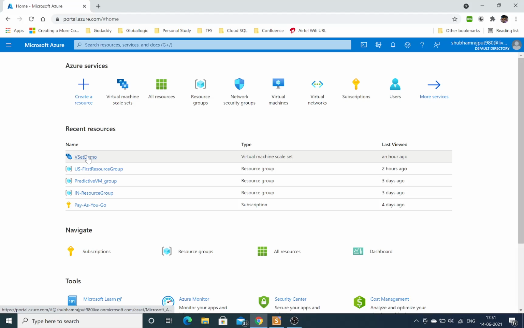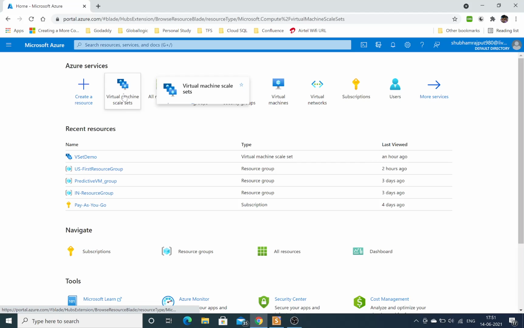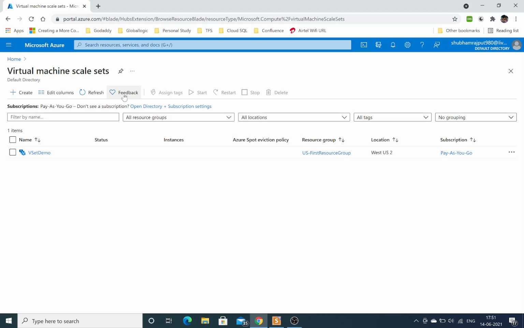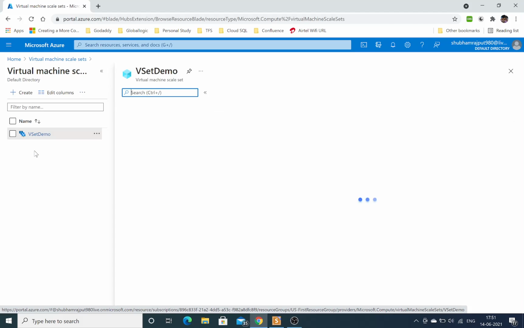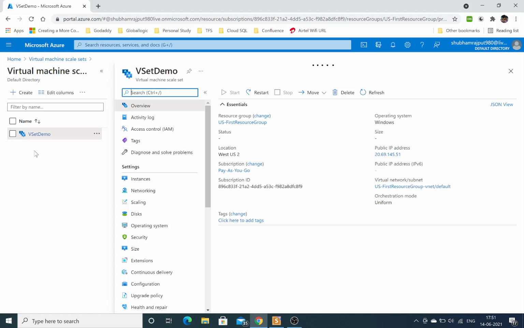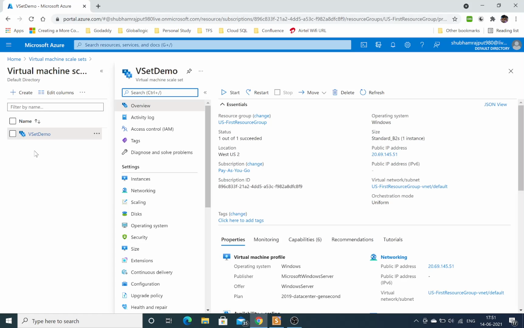If we go inside the virtual machine scale set, you can see this is the instance which we created previously. Right now I have stopped this instance, so you can start it from here.